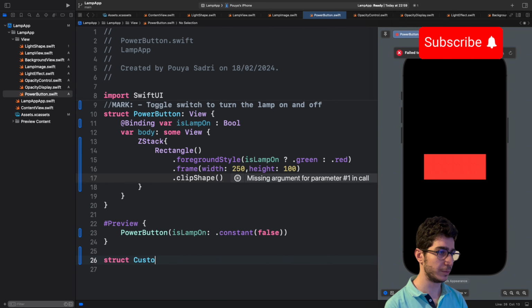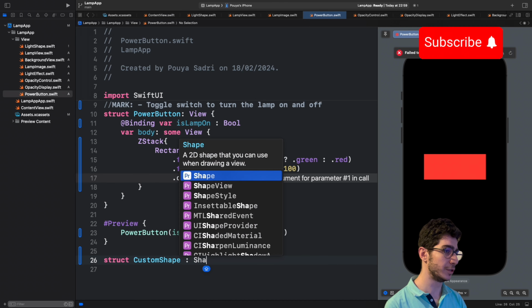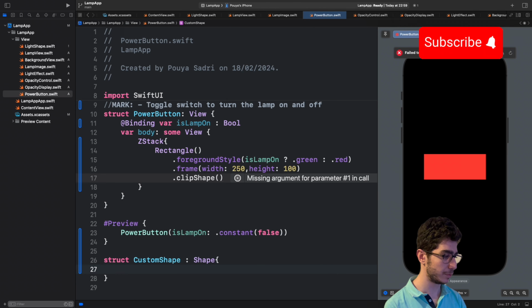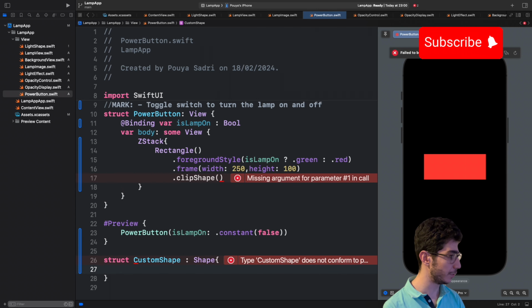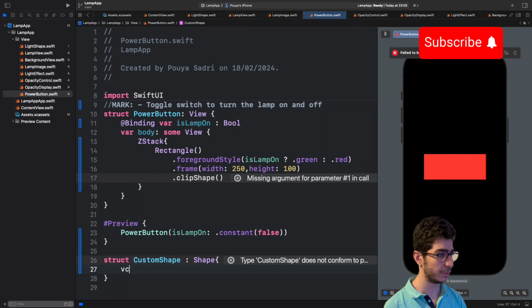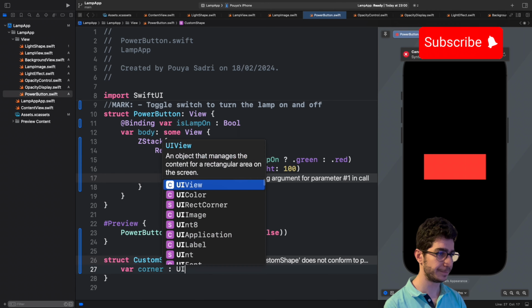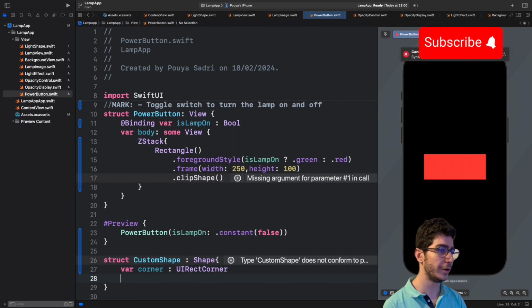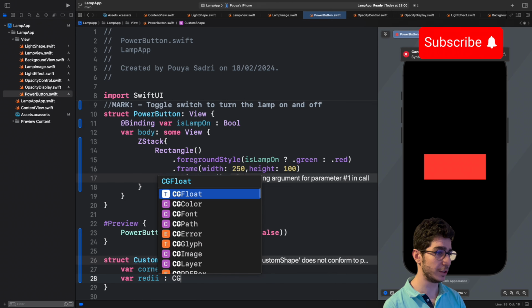So custom shape, and this is the shape here, and we have a variable of corner, and this is a UI rect corner, and we have a variable of radius, and this is a CGFloat,